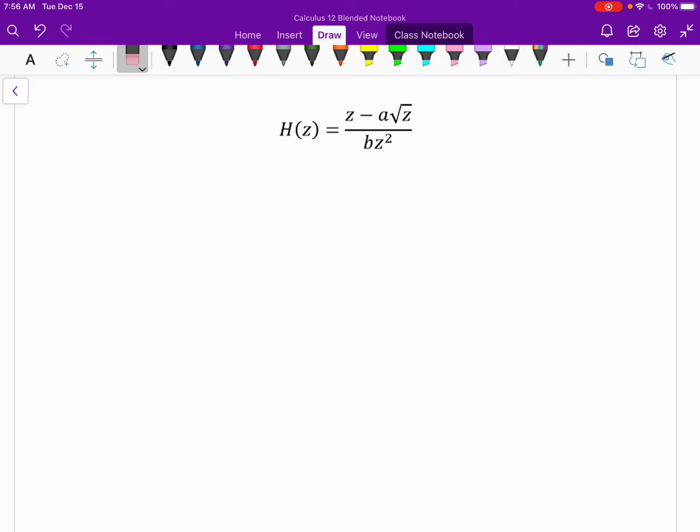When everything's x and y, it's a little more simple. But in this case, I'm just trying to think just beyond x and y. So that's it. I want to find h prime of z. And so first I need to find the derivative of the numerator